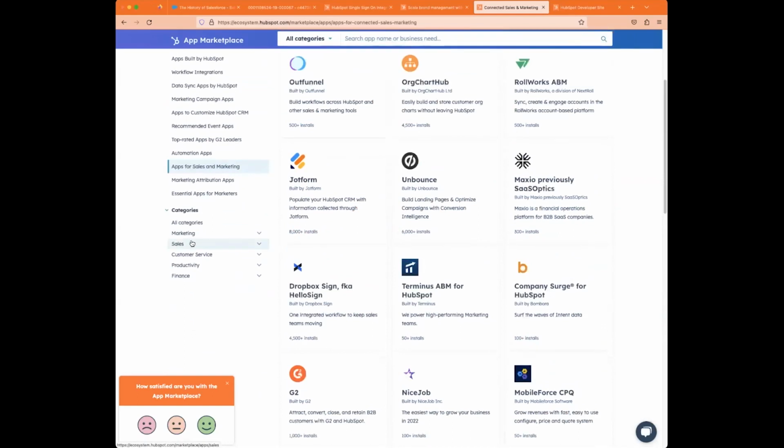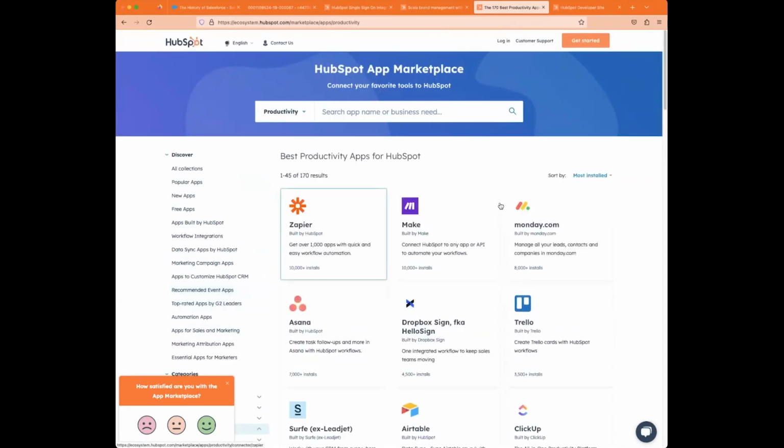You don't have to hire a partner. You don't have to hire anyone to do this for you. It gives you the installation guides. It helps you understand what you're doing and what the repercussions of adding this tool to your system are. Are you syncing data bidirectionally? Are you syncing it just one direction? I think that's really important for new users and veteran users to be able to see what the impact on their portal will be by adding an additional tool.